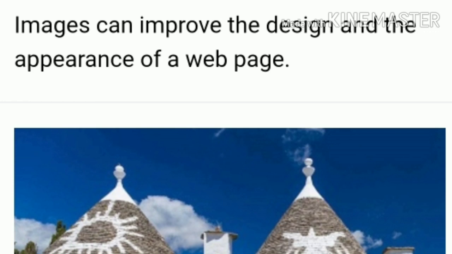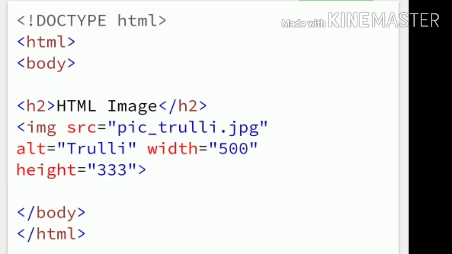In the first image program, HTML, open the HTML tag, open the body tag, heading tag h2, HTML images, closing of the h2 tag.